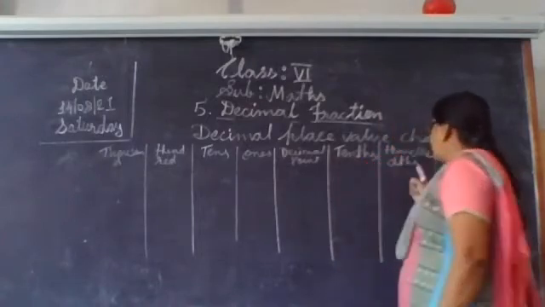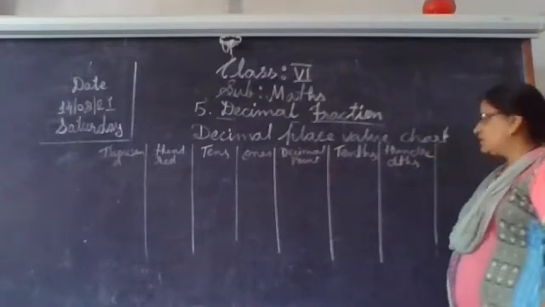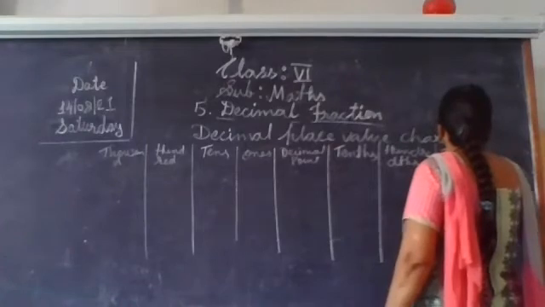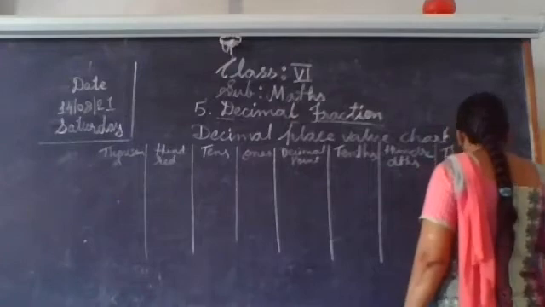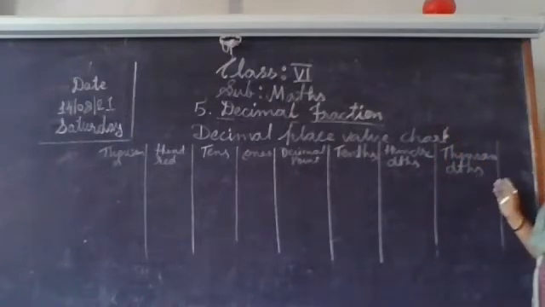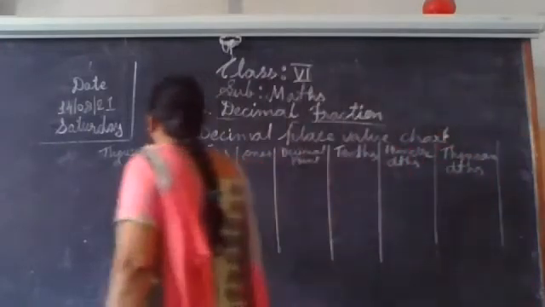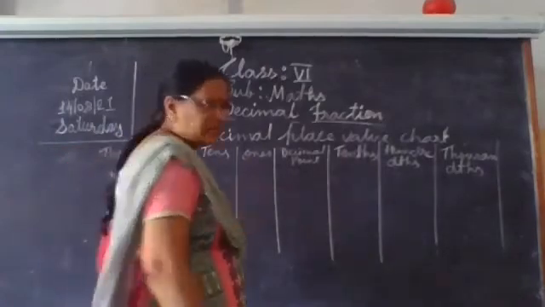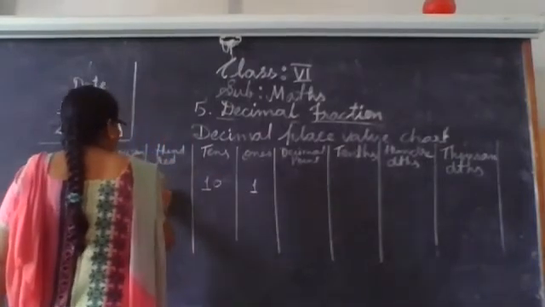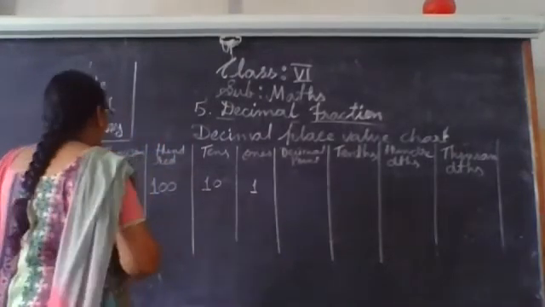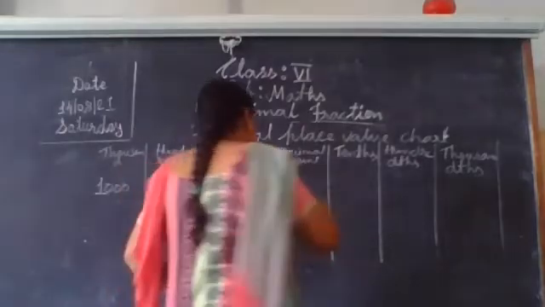Then hundredths. Now see, what is the spelling of hundredths? HUNDREDTHS, with DTH. Here it is only 100. Then it is thousandths, THOUSANDTHS. Okay. And it does not stop here. See better. Ones means 1. Tens means 10. 100. 1000. Okay. Now here is the decimal point.